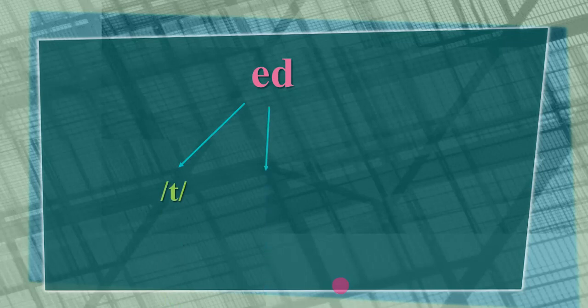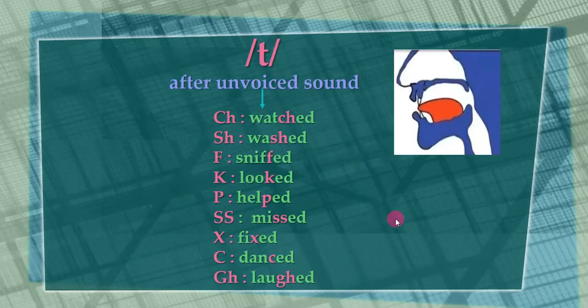Number one is to pronounce it as a t sound. Two is to pronounce it as a d sound. And three is to pronounce it as an ed sound. So t, d, and ed. When do I pronounce it as a d sound? First,